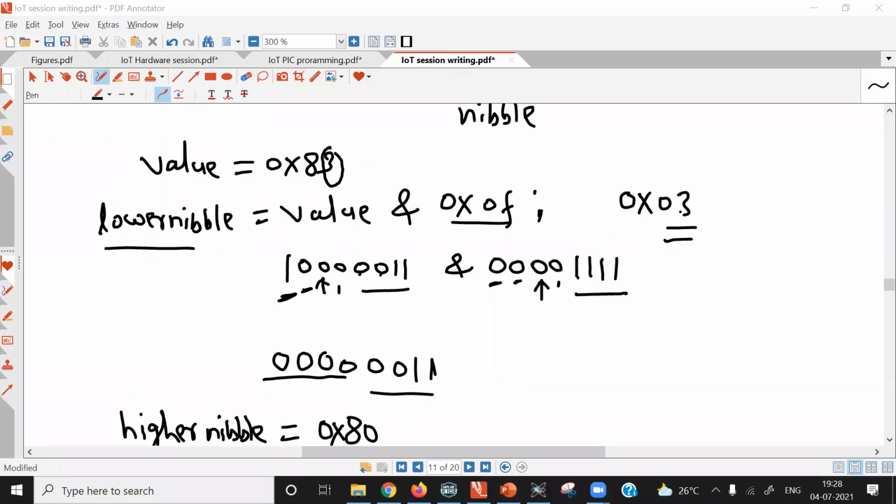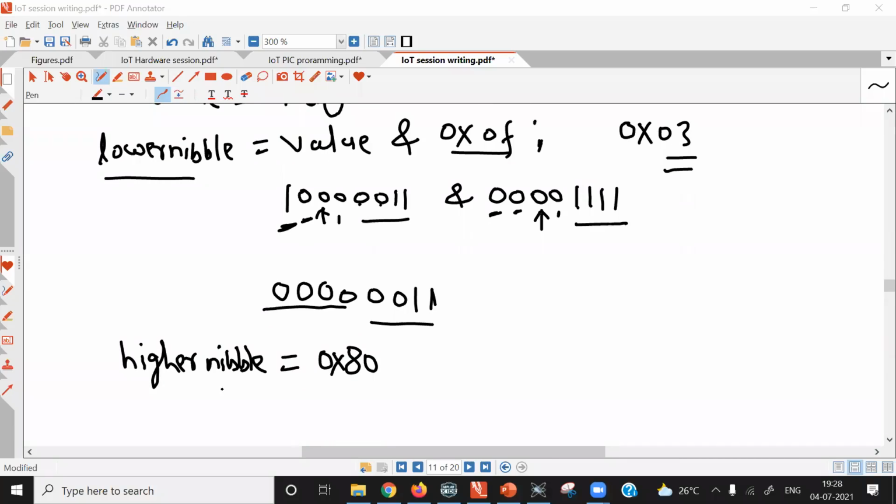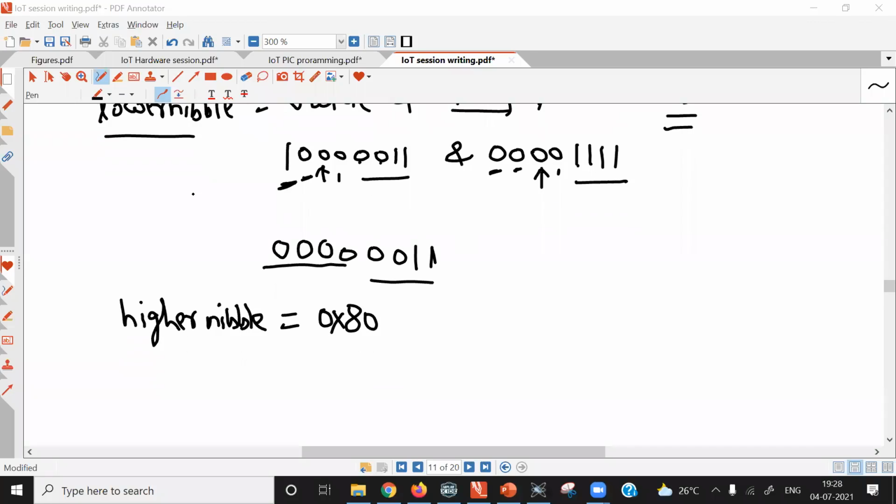Lower nibble has value 0x03, and the upper nibble, that is higher nibble, 0x80. So when you shift the higher nibble 4 times towards the right hand side, it will become 0x08, and then we'll pass this higher nibble to the LCD CMD1 function, where it will actually be written to port D. So tomorrow we'll continue.